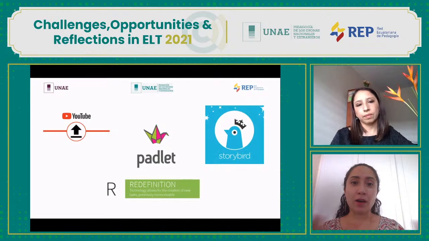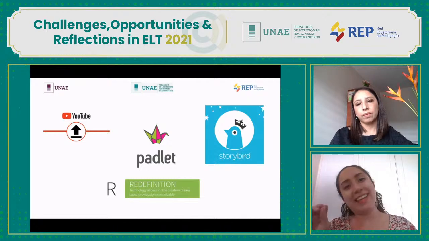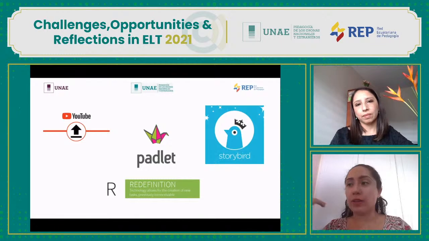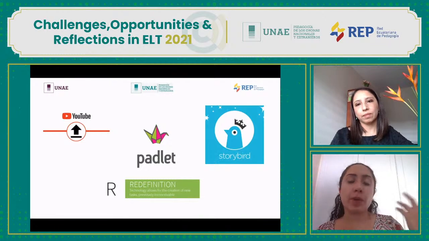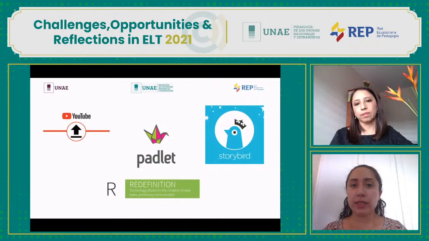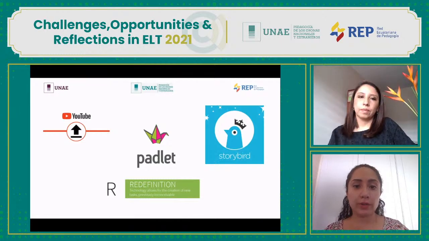With Padlet, they can interact with each other and then they can send it out to a wider platform. With Storybird, they can also create different stories, right? And then they can put it up onto a bigger platform. So other students from other courses, from other countries, can also take a look at what your students have created, read their stories, use them, and manipulate them in different ways. So this is all about interacting on a higher technological level.